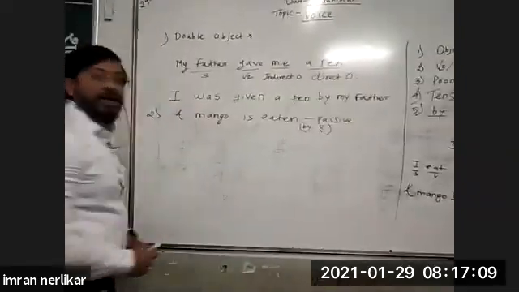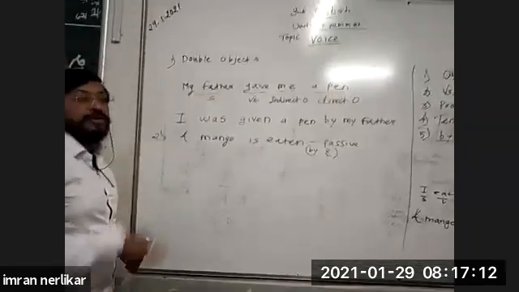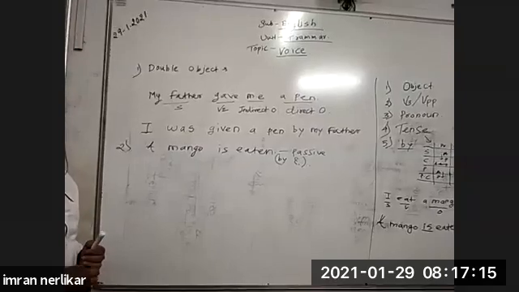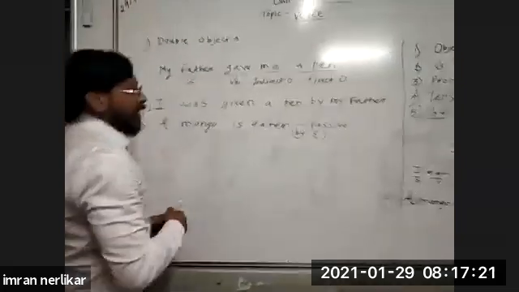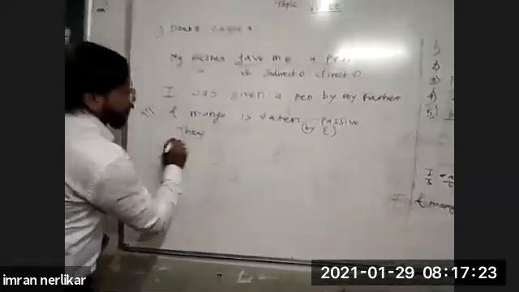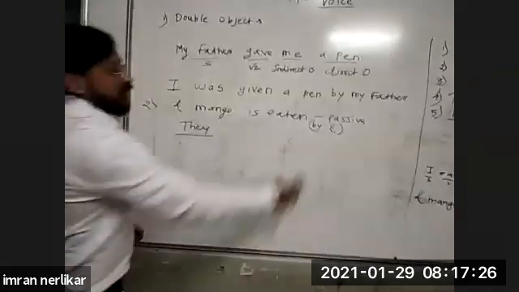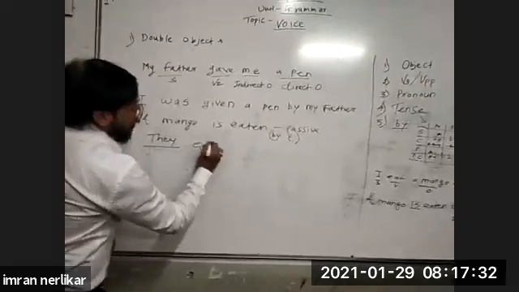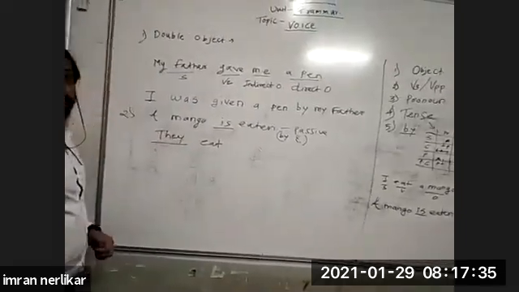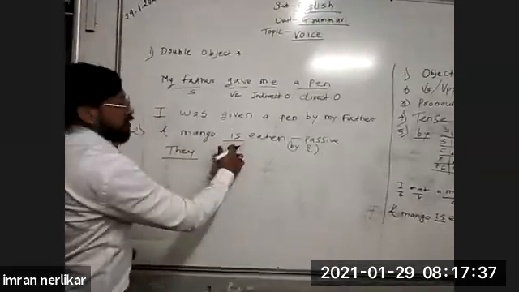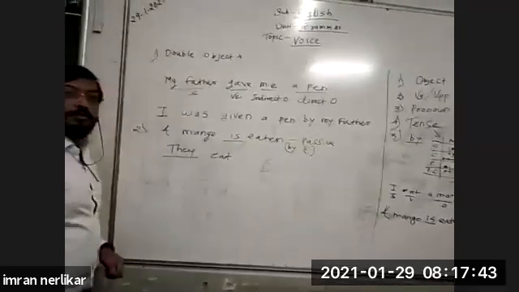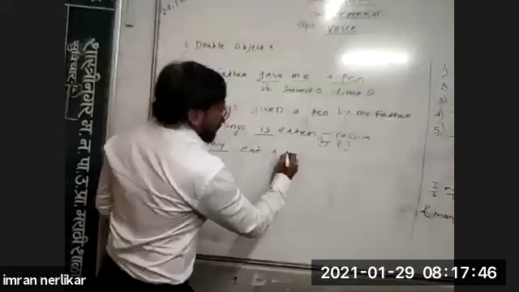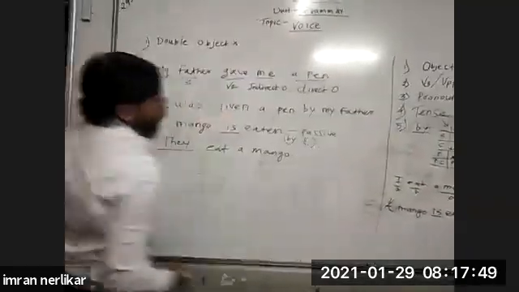By whom it is given? It is not given. At that time, you have to assume that somebody, someone, they have eaten the mango. A mango is eaten. By whom? We don't know. So at that time, we have to take they. You have to assume the subject by whom it is not given. That's why you have to take they. They eat. This is present tense. A mango is eaten. That's why it will become active in simple present tense. They eat a mango.